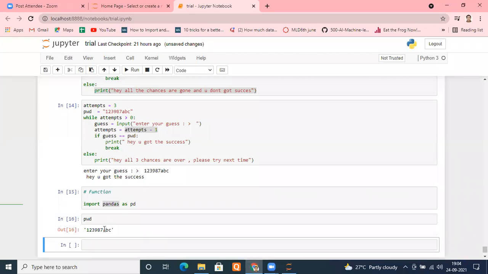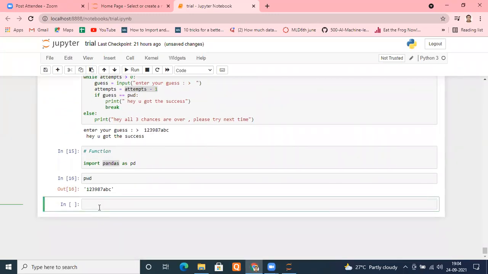Let me create something like this. What I am doing: import praveer. This was the file name. Remember everyone, the file name was praveer, and I don't need to write py, it automatically understands it is a Python file. I want to give it an alias like PS, Praveer Saxena. Same way, import pandas as pd. Once I did that, run this.